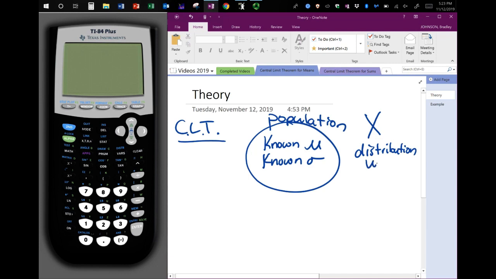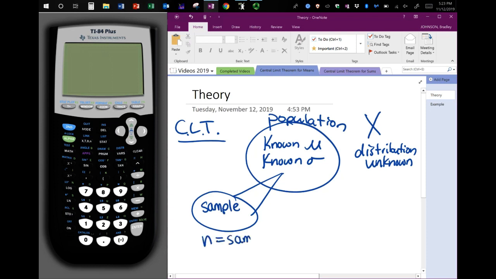may be unknown. Now, it is possible that you do have a known distribution. It could be uniform, exponential, it could be normal. But we're not interested in that. We are interested in sampling. So what we're going to do is take a sample, and we'll have a sample size n coming from the